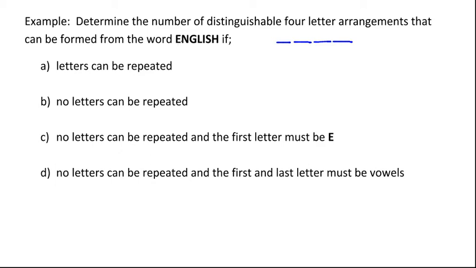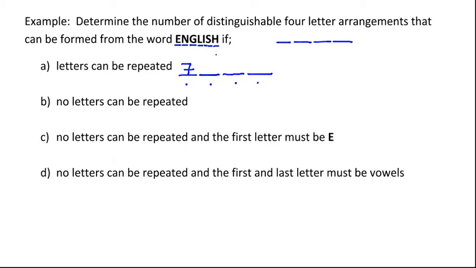So there are 1, 2, 3, 4, 5, 6, 7 letters available in the word English to choose from. So if we're trying to make a four-letter word in which all of the letters can be repeated, we can think about each of these four letters as a task. So this can be like task 1, task 2, task 3, task 4, where for each task, we have 7 options to choose from. So 7 different letters could be chosen in task 1, either E, N, G, L, I,